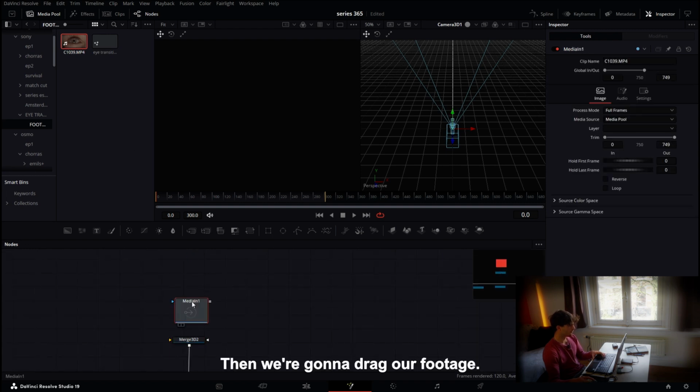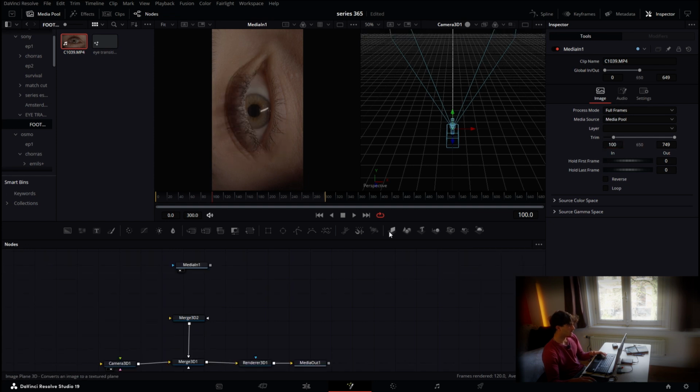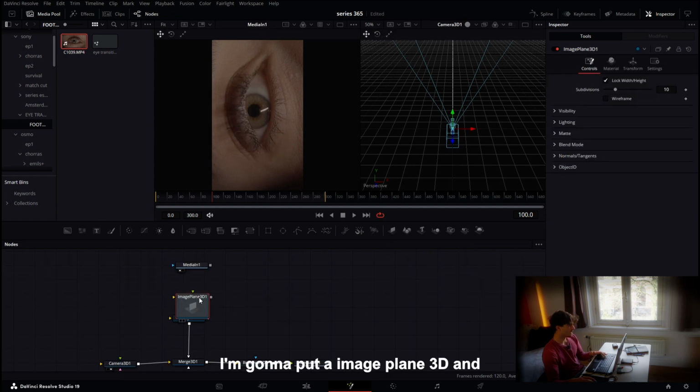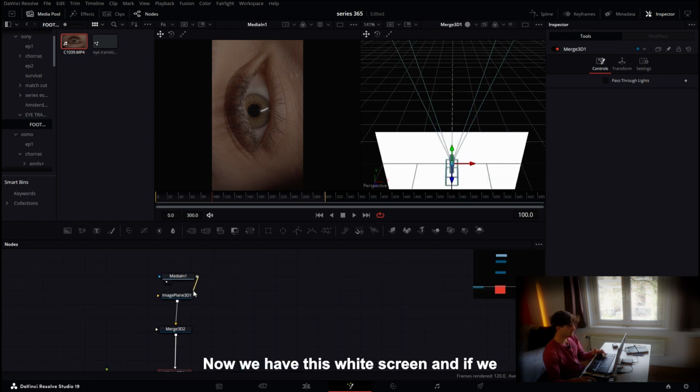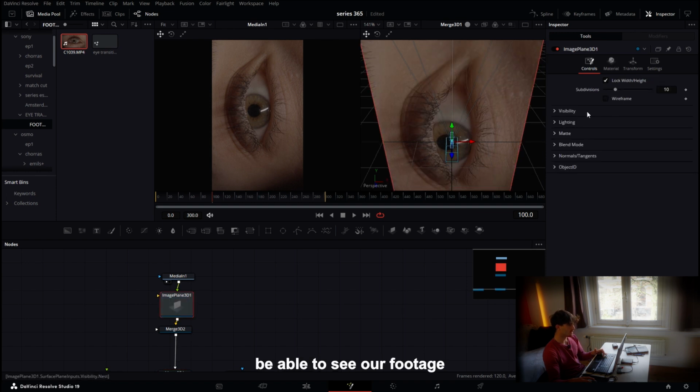Then we're gonna drag our footage and I'm gonna crop it right after the first blinking. In my case, it's frame 100, so I trim it from frame 100 till the end. I'm gonna put an image plane 3D and we're gonna connect it to our merge. Now we have this white screen, and if we connect our media, we will be able to see our footage